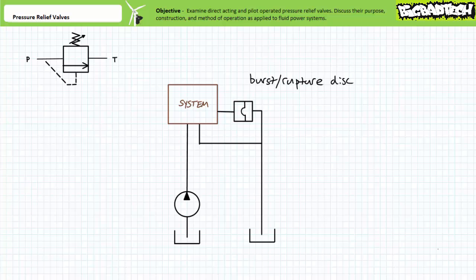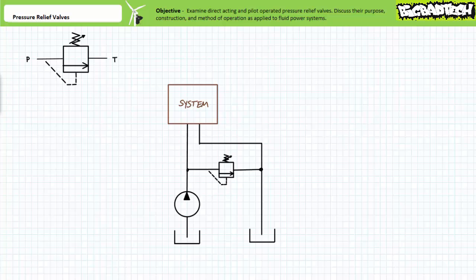While effective, rupture discs are inelegant one-time solutions to pressure relief, and more sophisticated methods are conveniently available, notably the pressure relief valve. The schematic symbol for a pressure relief valve indicates a pressurized P inlet port and a non-pressurized